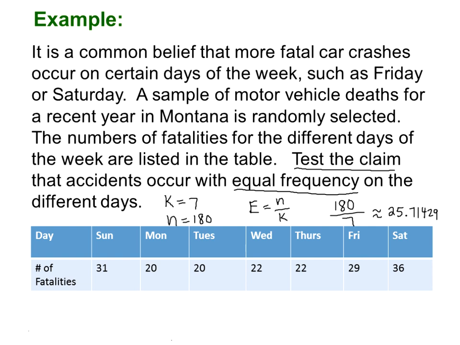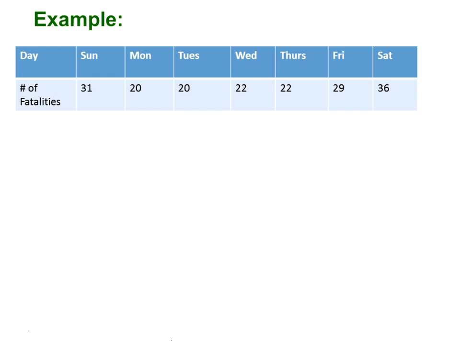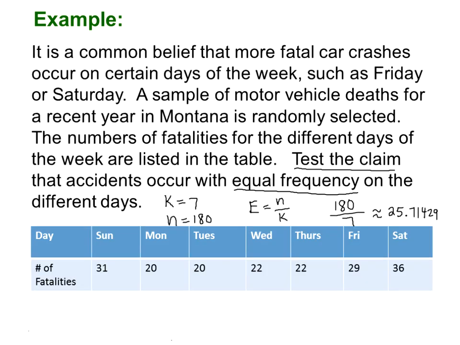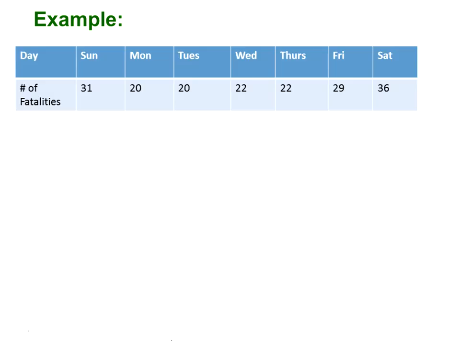So we're testing the claim, given the sample, that accidents occur with equal frequencies. When we write down our null and our alternate hypothesis, the nice thing is it's never changing, it's always the same. So our null hypothesis